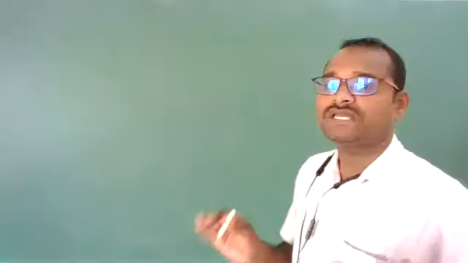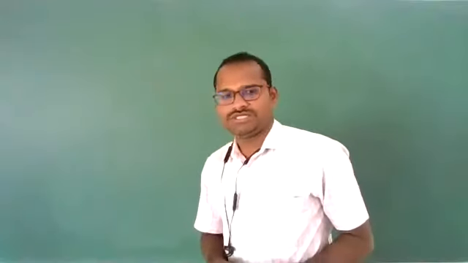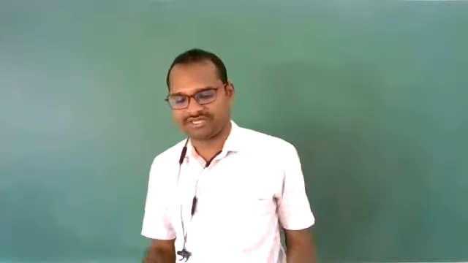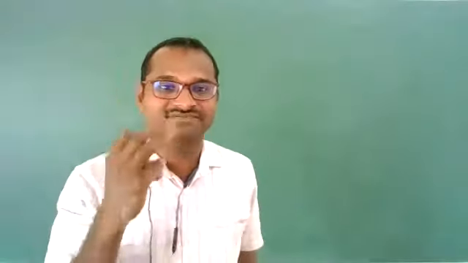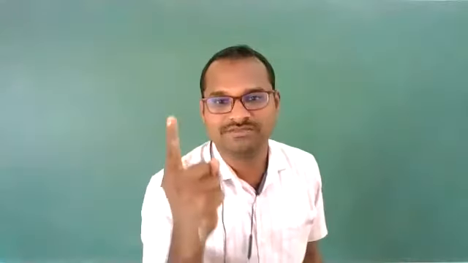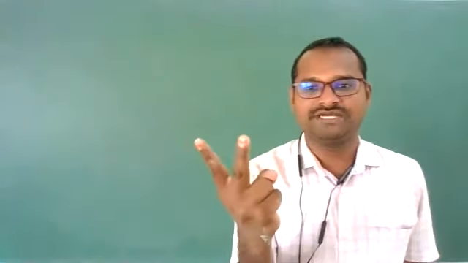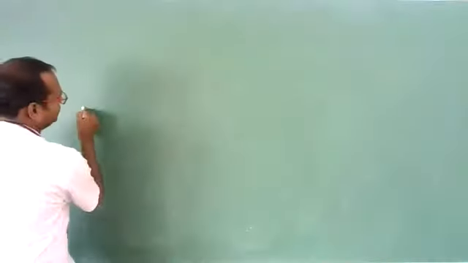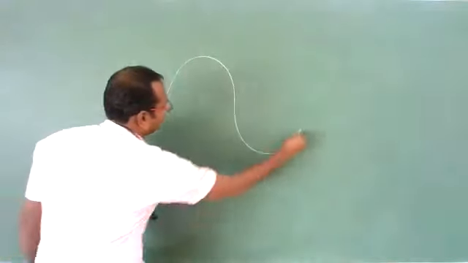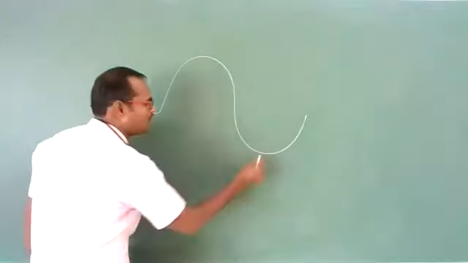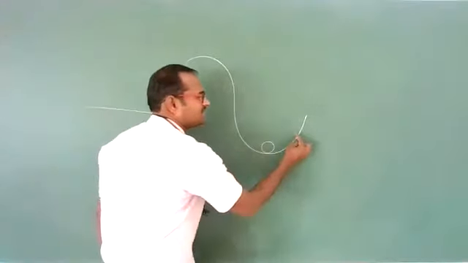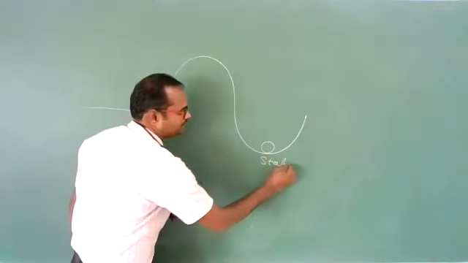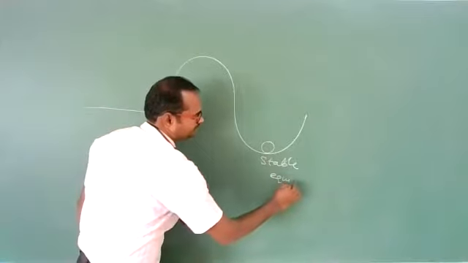So, students, we are talking about equilibrium position. See, in the work, power, energy chapter, we have discussed equilibrium, and there are 3 types of equilibrium we have discussed: stable equilibrium, unstable equilibrium, and neutral equilibrium. You remember that one? If a ball is placed on this, if you displace it, it will come back and it will oscillate. It is a stable equilibrium.